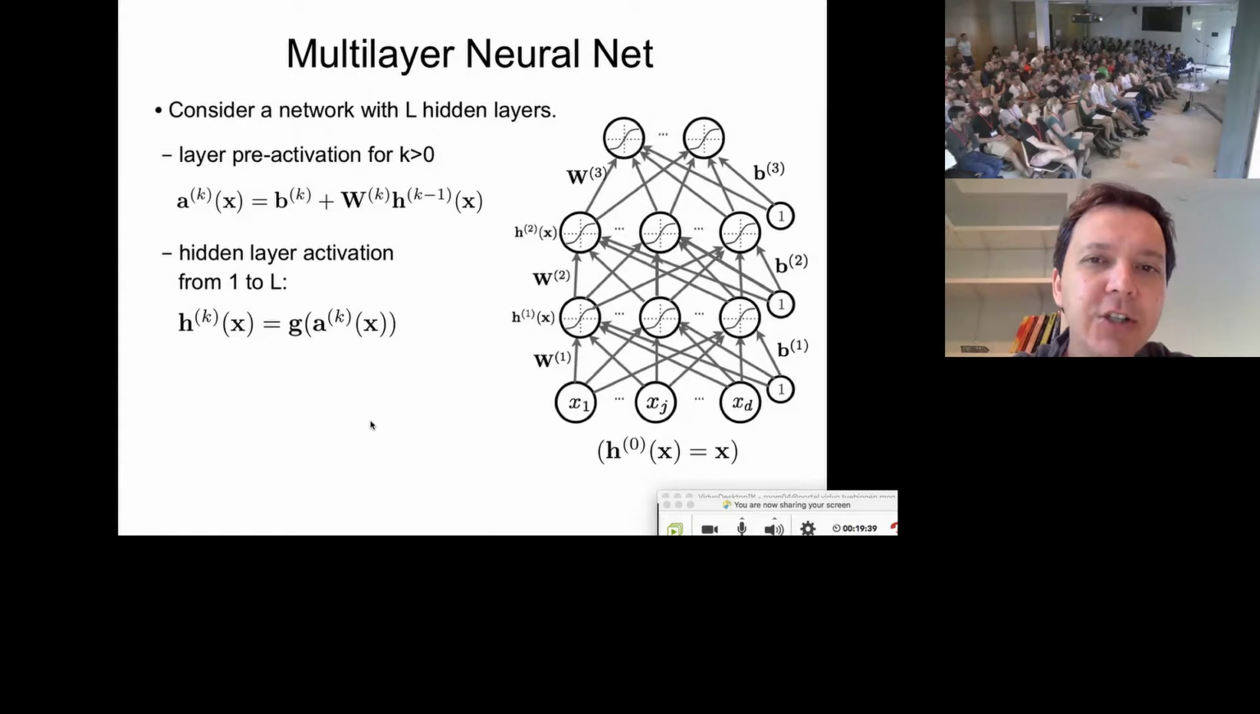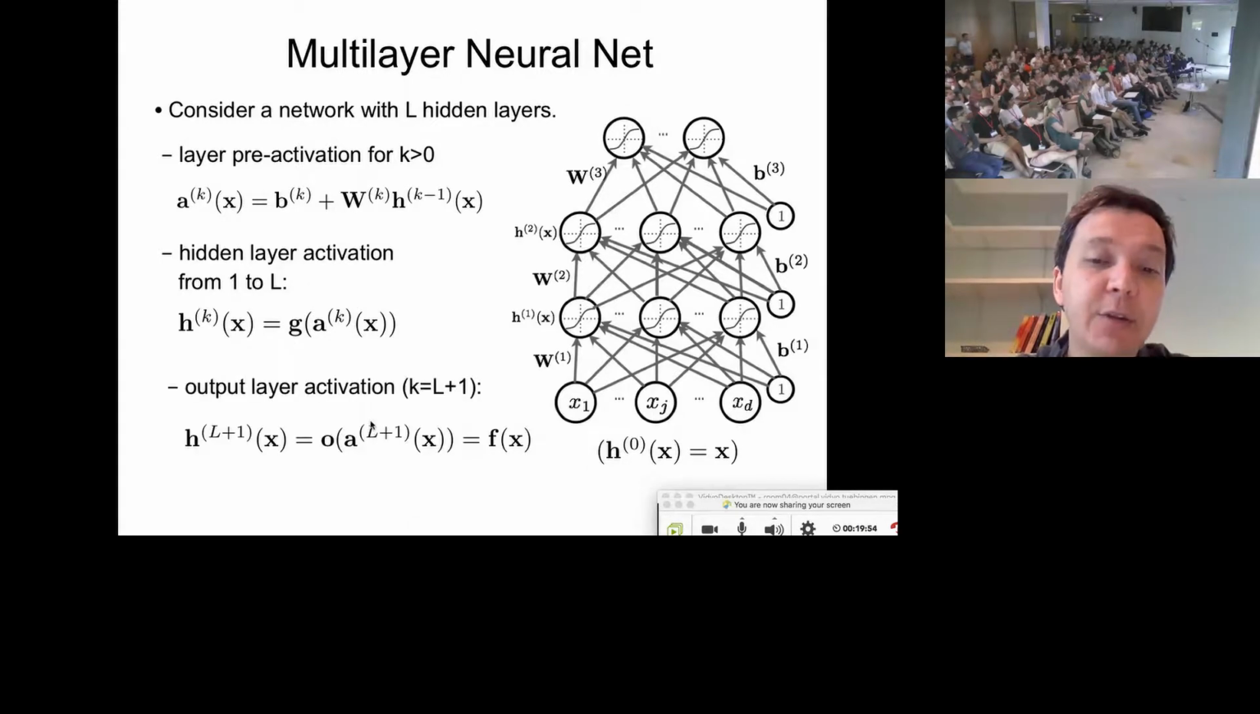And extension to the multi-layer neural network is very trivial, right? If you have multiple layers, you just repeat the same operation multiple times. You have layer pre-activation functions for internal layers. You have layer activation functions from 1 to L, and then you have an output activation function, right? So you can see that these models have compositionality. It's a compositionally structured model, and you get to choose the number of layers or the number of hidden units within each layer,